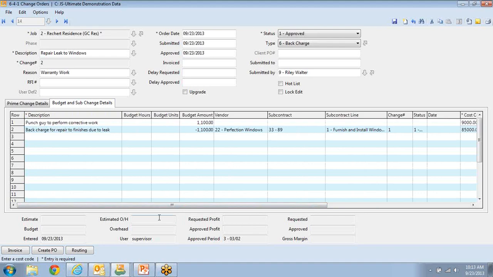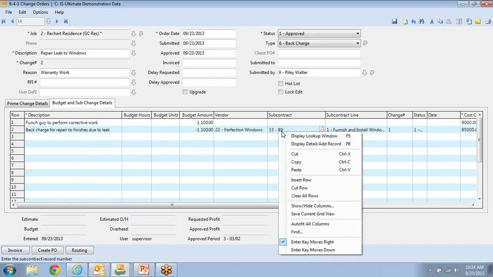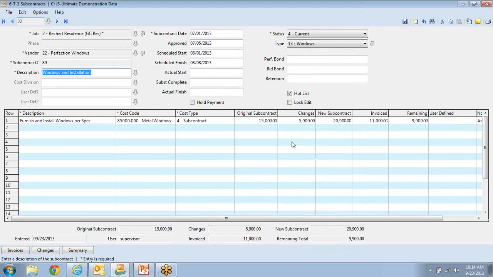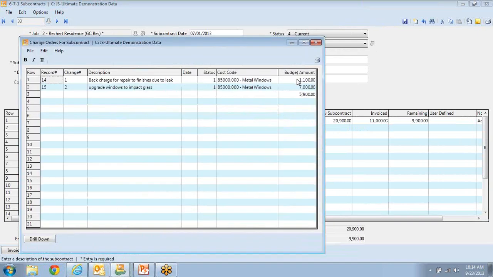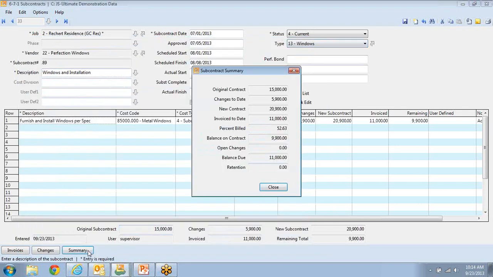However, I've got to decrease or back charge the sub. So here I put an indication of what is happening, what they're being charged, who that is, and again, this is fully tied back to the subcontract agreement. So when we look at the change order log, you'll see that back charge here as well, giving us a total of the difference and impacting their contract summary. So everything seamlessly ties in, provides real-time reporting,